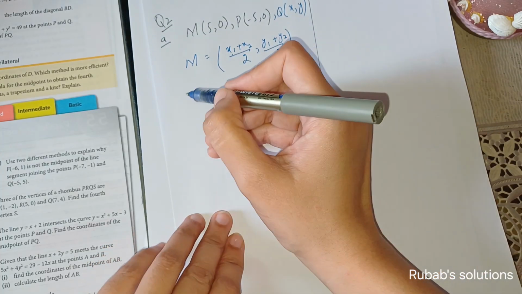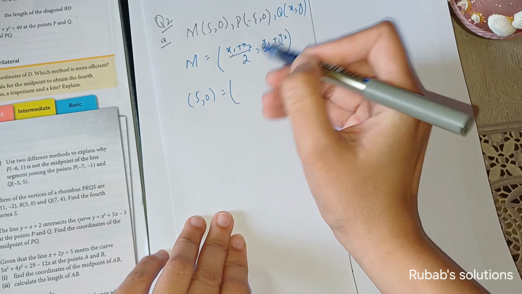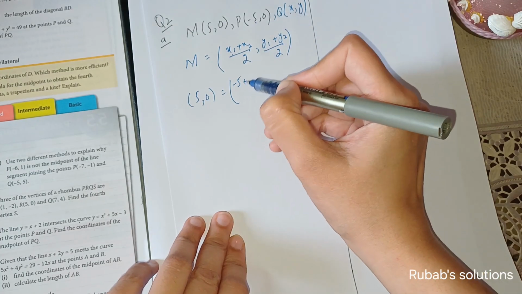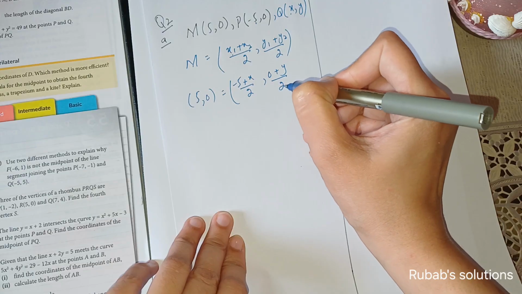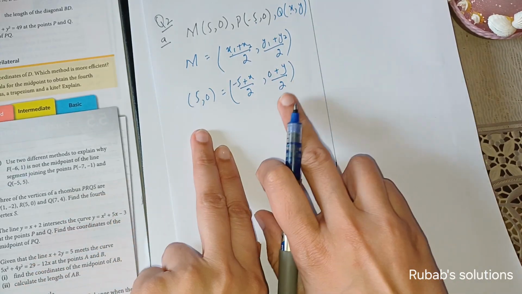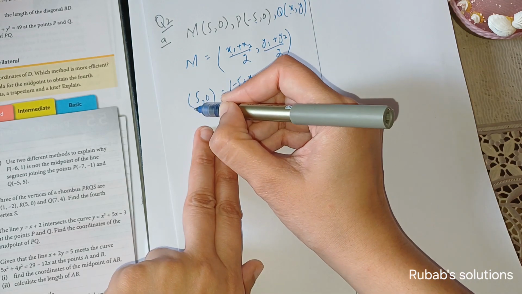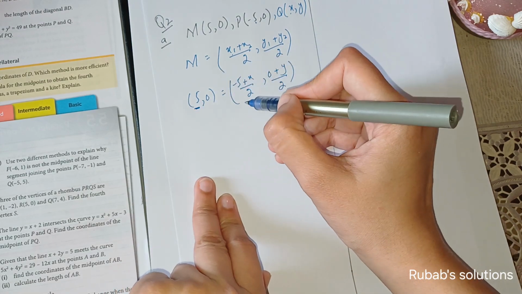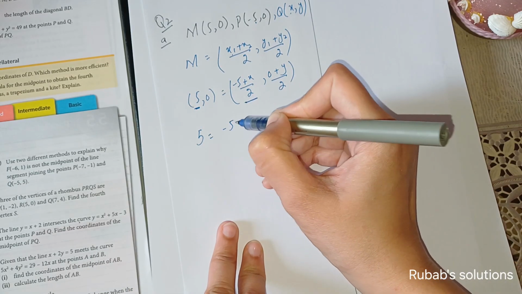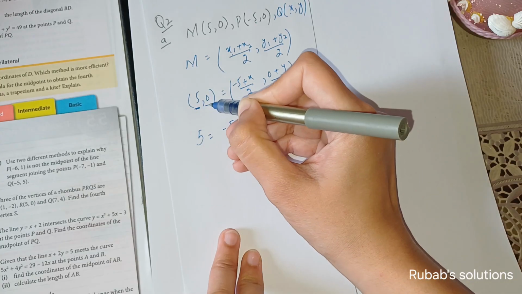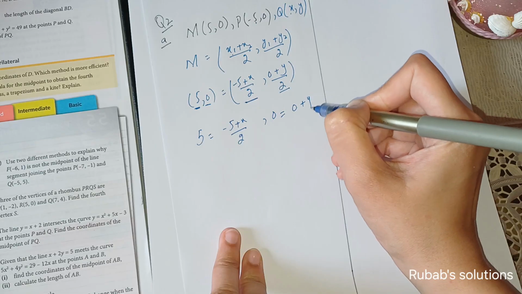We'll just put the values over here. The value of midpoint from here is 5 and 0. The value of x1 is minus 5 and the value of x2 is x by 2, and y1 is 0, y2 is y by 2. Remember that whenever we are comparing any two coordinates, two ordered pairs, when they are equal with each other, that means the coordinate in the x position will be equal to each other. So from here, 5 is equal to minus 5 plus x by 2, and on the y position, or the second position, 0 is equal to 0 plus y divided by 2.